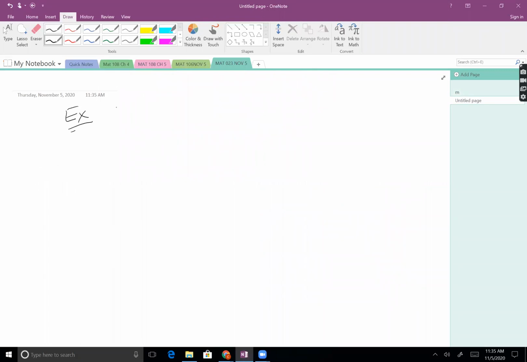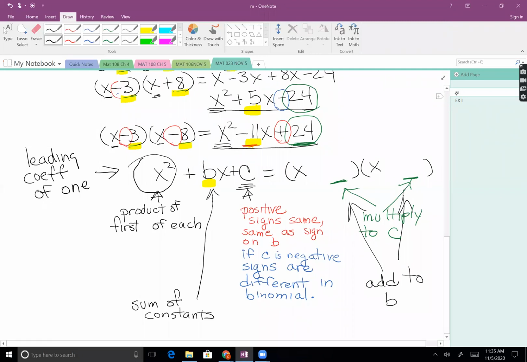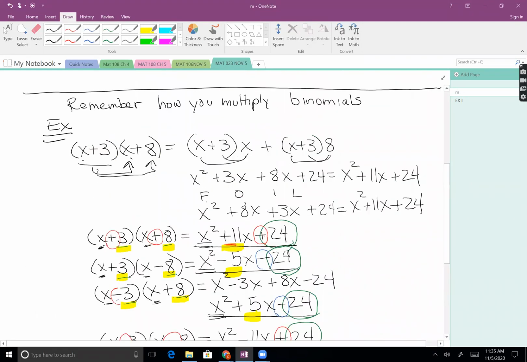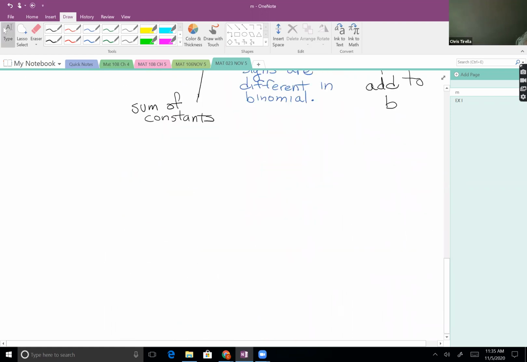Can I ask a super quick question? Sure. This is just on the, when you distribute the x plus 3 times the x plus 8. It's x times the parens x plus 3, and then 8 times x plus 3. How do I determine which number I put on the outside to distribute? Oh, you know what? When we had x plus 3 times x plus 8,